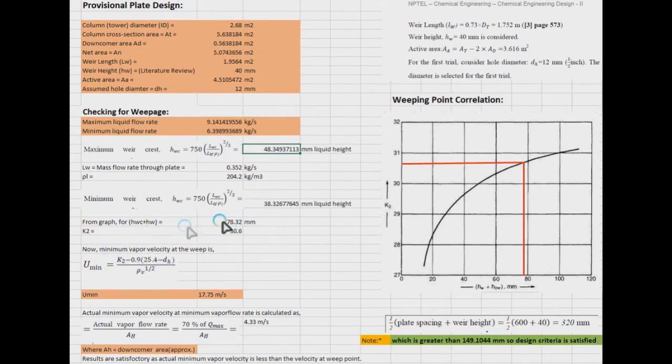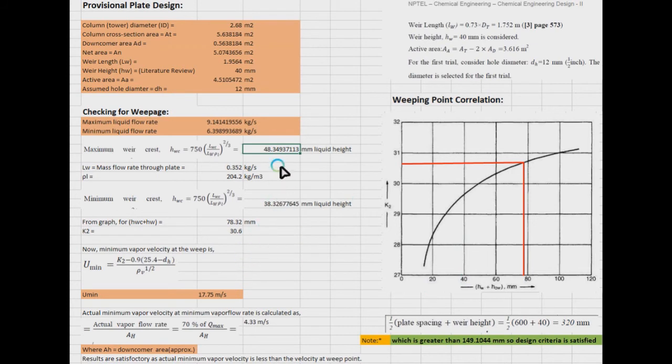From the graph, you have to find out the relation of K2, which you have read about in the literature in the orifice coefficient section. It actually behaves as the orifice coefficient because there is an active area which is larger than the hole through which the fluid passes, which is actually smaller in size. So there will be a pressure drop. So this is the relation available.